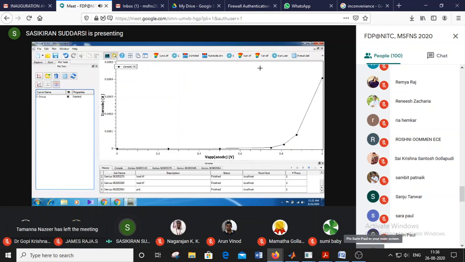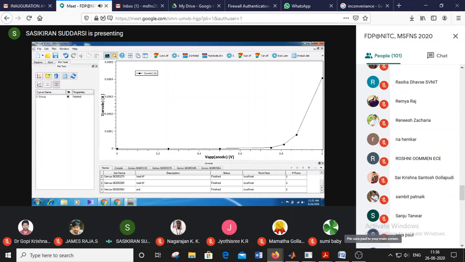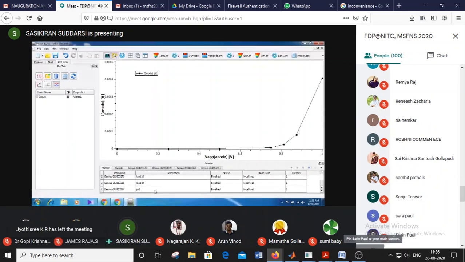This is the VI characteristics of a simple PN diode. We are making the diode using some dopings and dimensions, so we can change the doping and dimensions here and get the required characteristics.